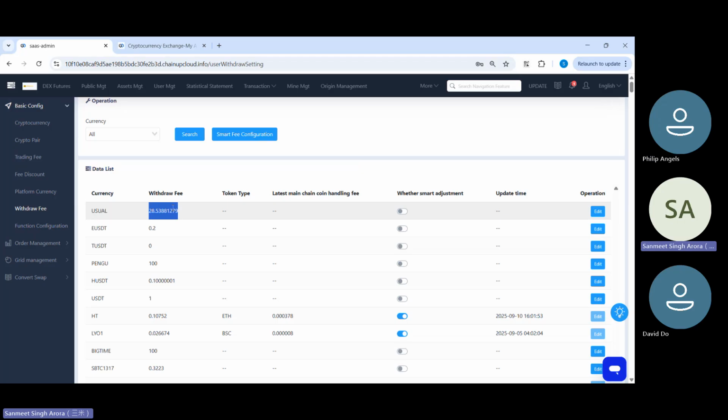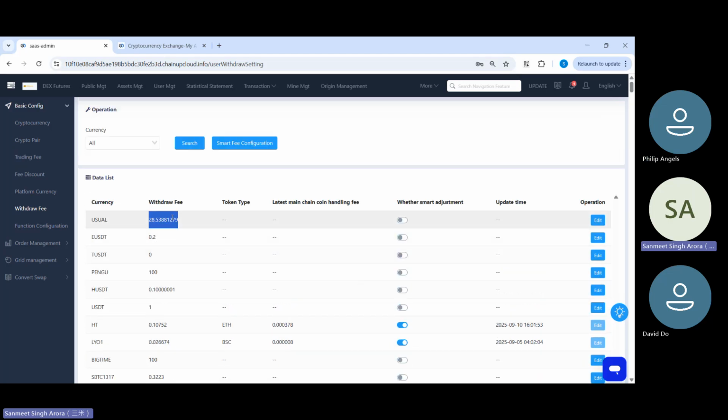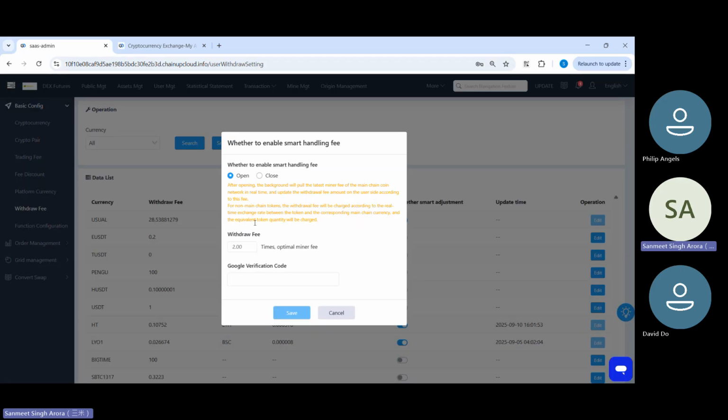So you can give your own withdrawal fee here. But because we have a lot of currencies and you're not sure what withdrawal fee to give to every currency, you can also use something called smart fee configuration. Here you can see for each currency, there is an option to enable the smart adjustment. You can either enable it like this, or disable it. And once you click on smart fee configuration, it shows you the configuration here. So what it does is, in real time, this fee function takes the gas fee or the miner fee of the particular currency